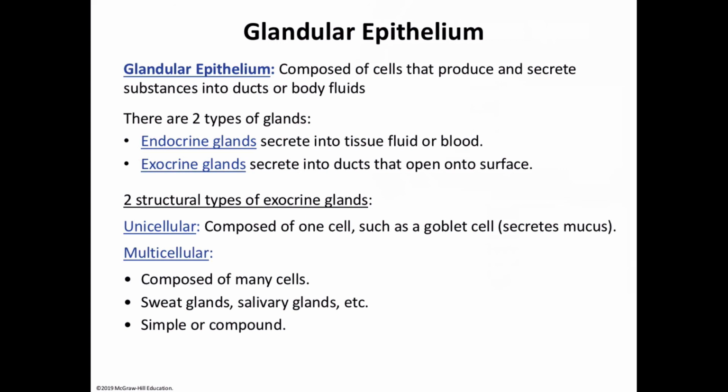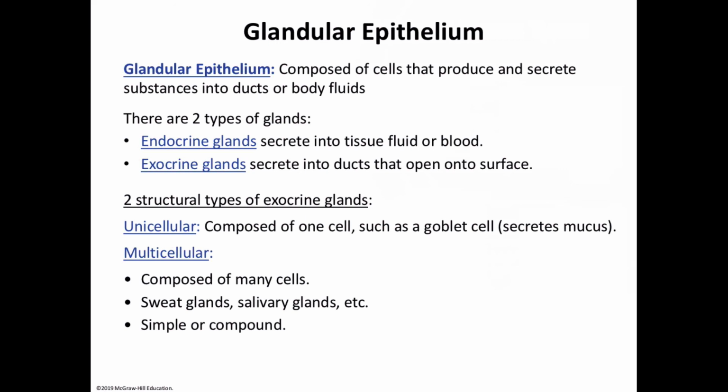Meaning, if it's a product class, it will be secreted. If it's a waste class, it will be excreted. So having done it in that way, they secrete the product class onto surfaces such as, of course, the skin, or even, class, the lining of the digestive tract. To help you with that, class, exocrine glands typically have ducts. That's ducts, such as sweat glands, secreting, or excreting, their product to the free body